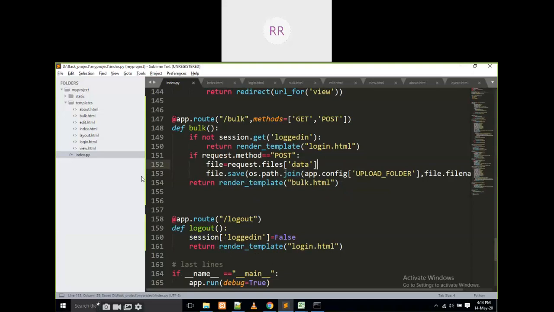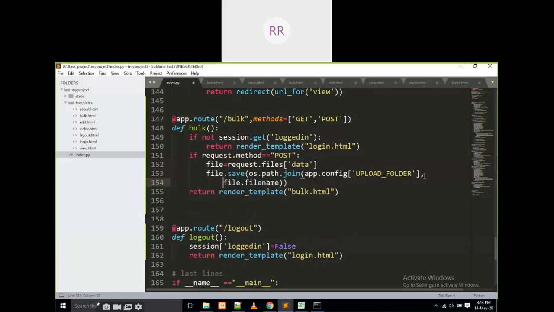File.save of os.path.join of app.config of UPLOAD_FOLDER, comma, file.filename. Yes.